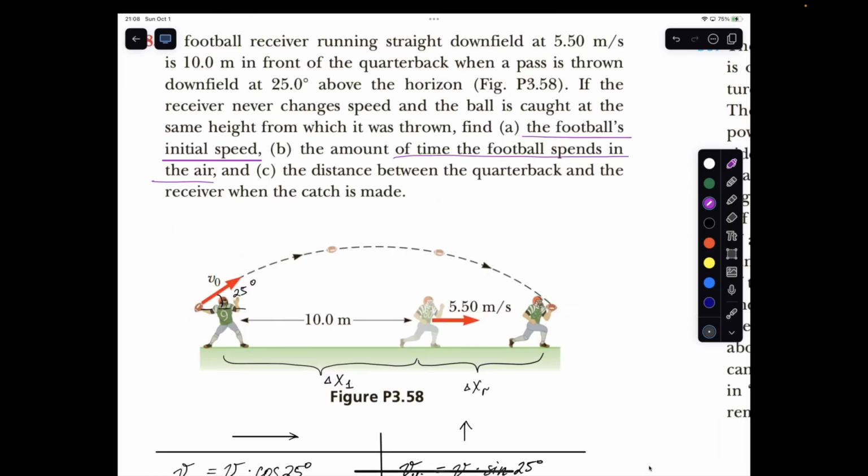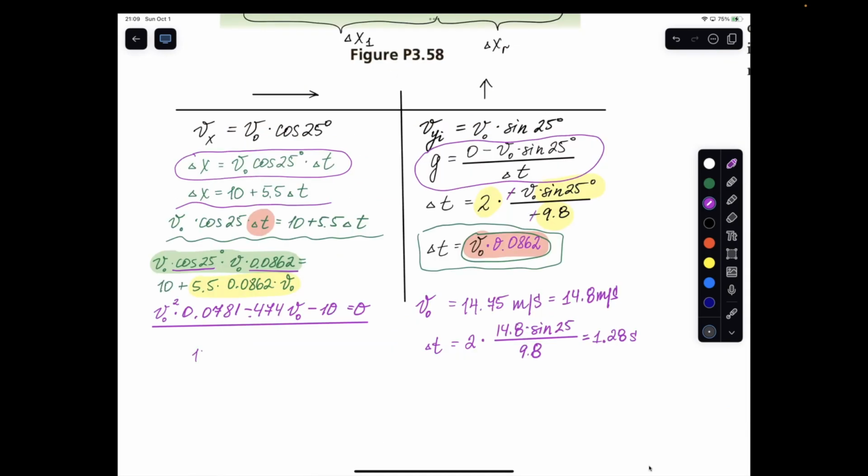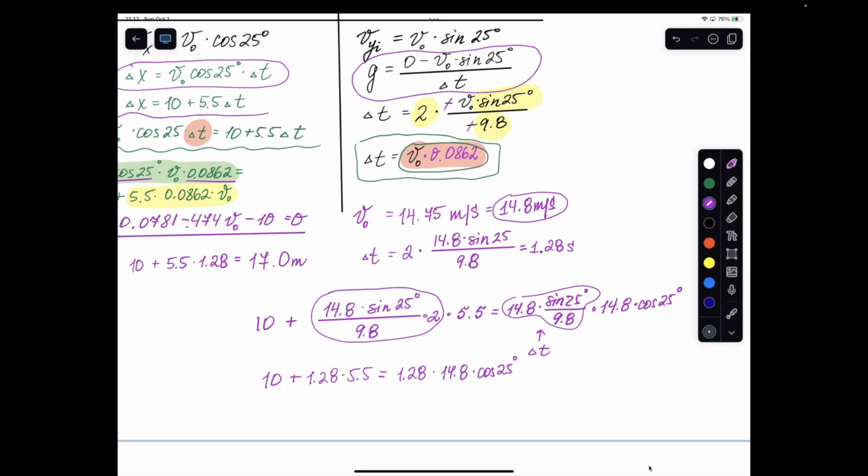And then distance between the quarterback and the receiver when the catch is made. So 10 plus 5.5 times 1.28 gives me 17.0 meters, 17.04 technically, but 3 sig figs and all that. So overall,